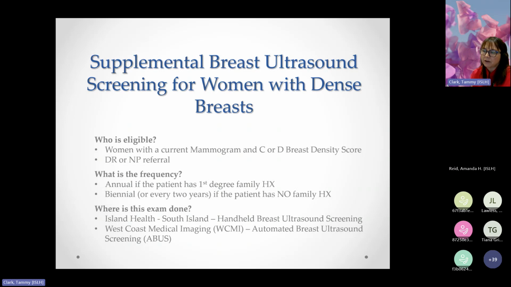So if you have a current mammogram and you have a C or D density breast and you are interested, patients are interested in saying, what else can I do? How can we see through this dense breast tissue? A doctor or nurse practitioner needs to send a referral, and they would be able to have that supplemental breast ultrasound screening done. So again, what is the frequency? It's the same as what the screening mammography program follows. So it's annual if the patient has first-degree family history,